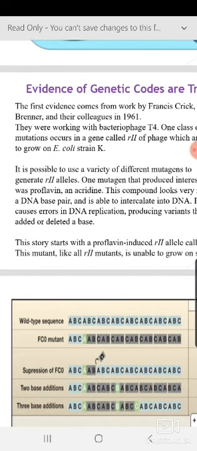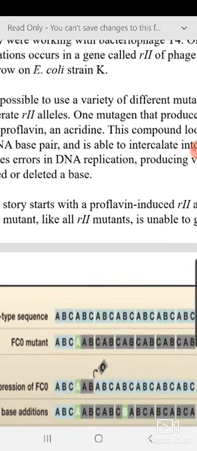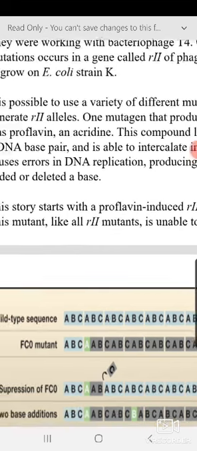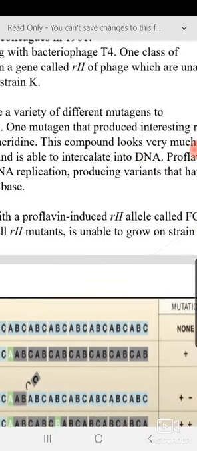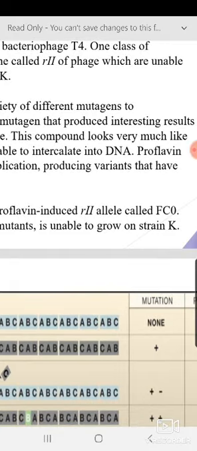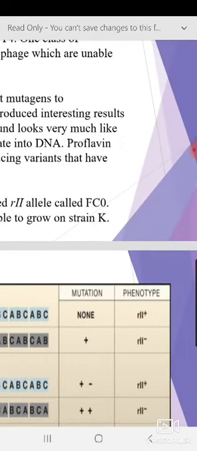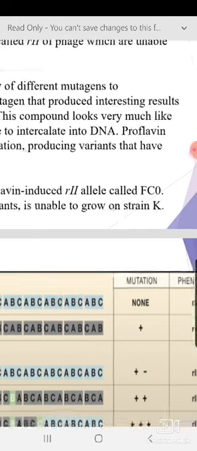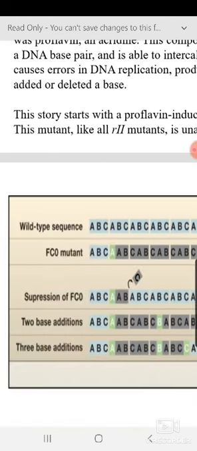Now the FC0 mutant, as they already mentioned, has an insertion. So the green A is the insertion here. The first codon was, if it is a triplet, ABC. Then one extra A has been added, so another AAB. Now the complete sequence frame gets disturbed. You can see it. So a mutation takes place, and that is R minus. So this is not plus; there is a phenotypic change. Now what did they find?